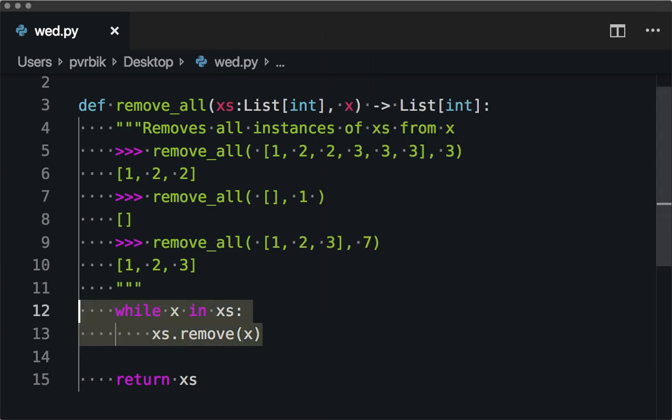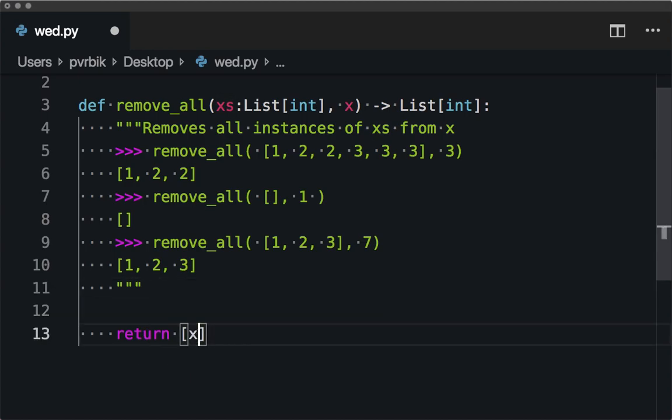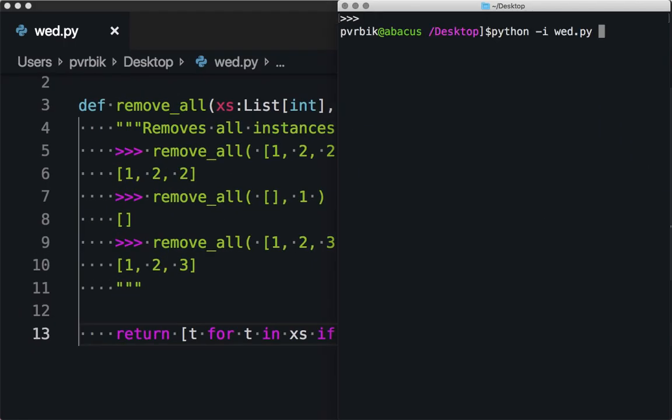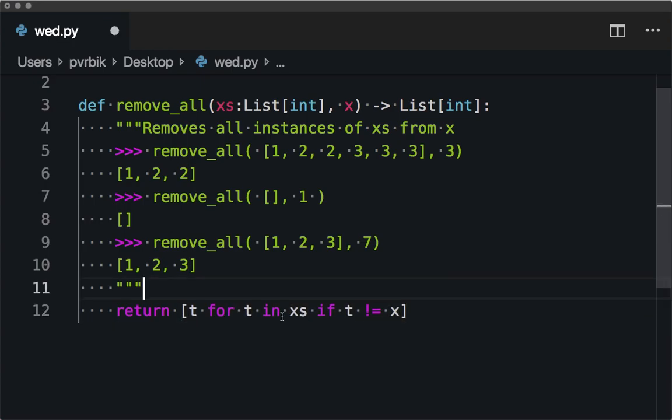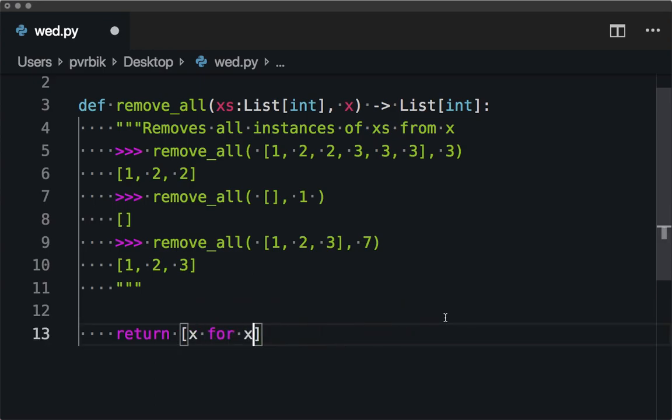I'm going to give you a little preview of Friday. Here's another way that I could do this. x for x in xs if x not equal to x. Oh, I can't use that twice. t for t in xs if t is not equal to x. Yeah. So this is something called list comprehension. I love it. This is a feature of Python which really attracted me to it, because this is basically like set comprehension in Python. So there's two ways of doing this. The first one's probably more understandable and more useful because